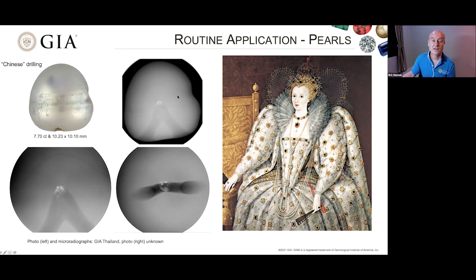And we have the three different directions here. And this is obviously Queen Elizabeth. At the time that this drilling was used, it was obviously the emperors in China, but the royal families of Europe and the Maharajas of India, all of the sort of royal families around the world, up until the cultured pearls were introduced, were using natural pearls as buttons. And then you can see here that the clothing has a lot of natural pearls sewn onto it.